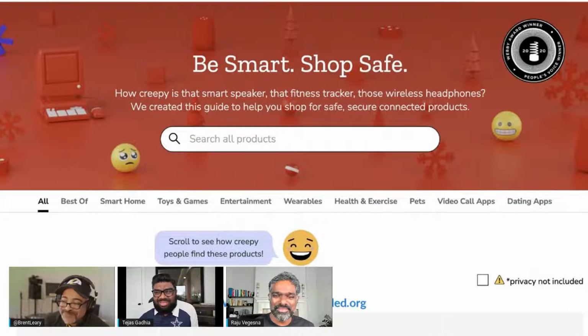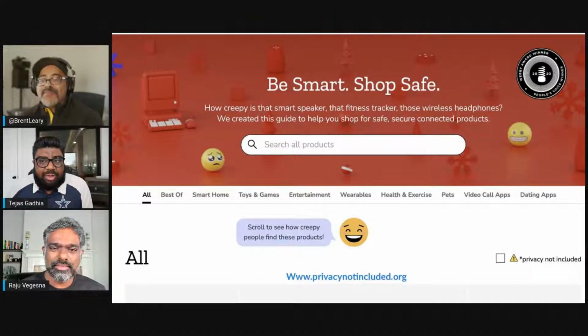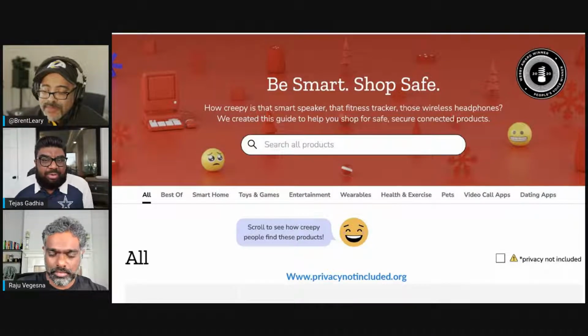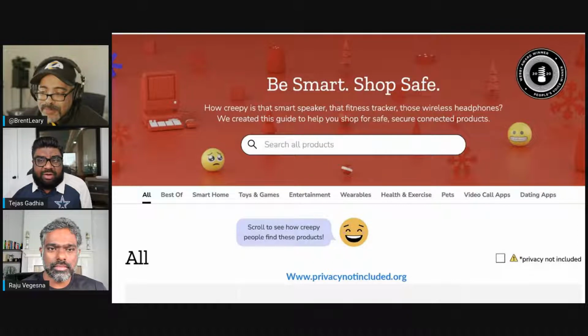But basically, they made this little website. It's called privacynotincluded.org. And you can search for a bunch of gifts you would probably get for the holidays if you're giving people things. Oftentimes smart devices, maybe a doorbell or a lock or a picture frame or speakers, or random things like that. You can search for a product or click on one, and it gives you a very summarized high-level overview of that product and that vendor, and what the privacy and security